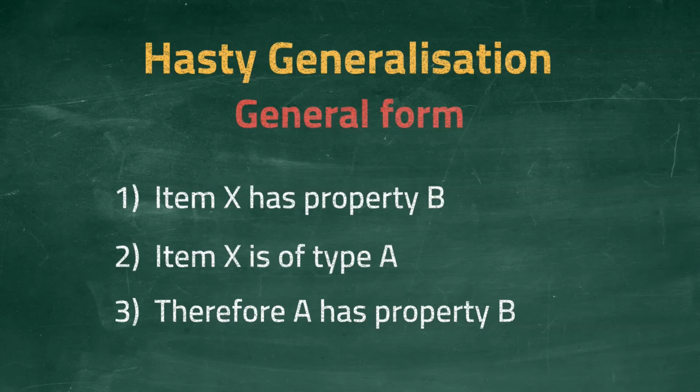We have taken a specific situation with X and attempted to generalize with the conclusion by applying it to all items of type A. And that is where it falls down. X could have many properties in addition to B. It could be many types in addition to A. It is a mistake to claim that all items of type A have property B, just because item X does. We do not know where B comes from, let alone that it is necessitated by A.